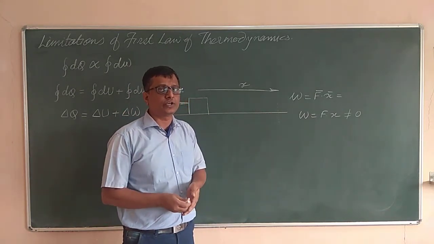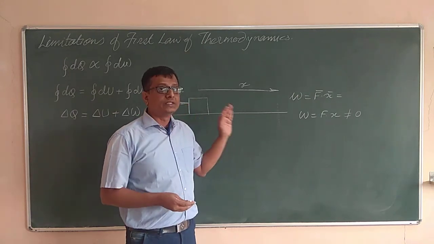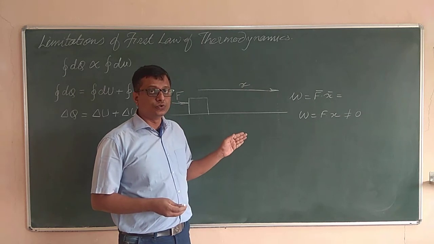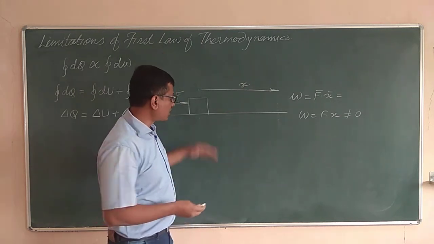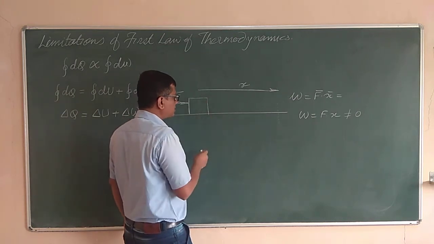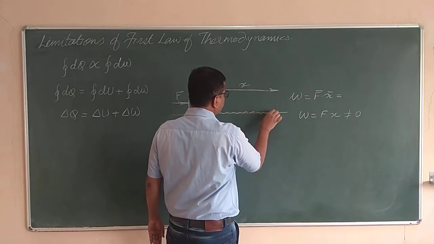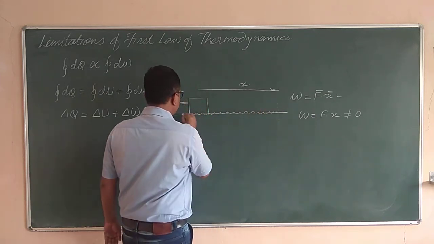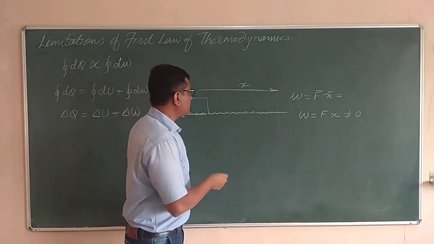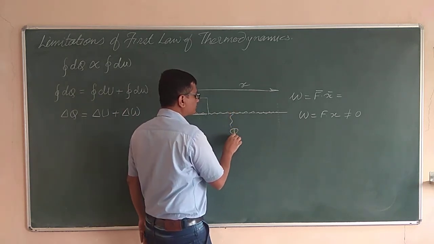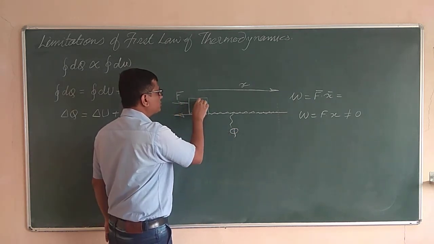So it must get converted into some other form of energy. So where does that work done go? That work done goes into the internal energy of the surrounding, that is the surrounding and the system also. The surface on which this object is sliding will have some friction, and the frictional force is also acting on it in the reverse direction, and due to the friction heat will be produced over here. Heat will be produced in this object also.